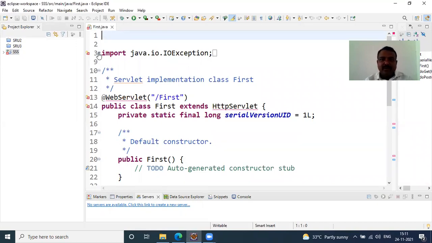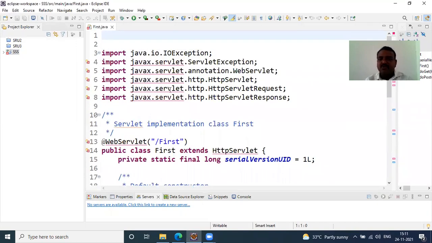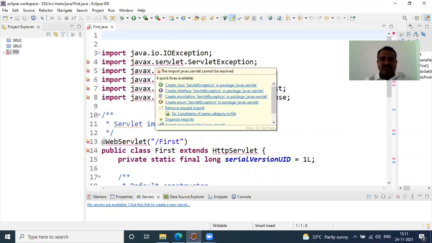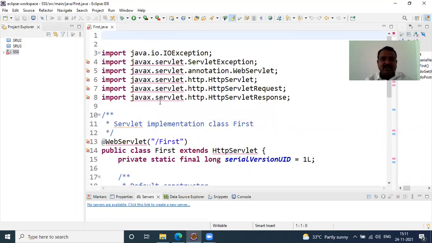And if I open the import statements, we can also see red lines. It means we have some error at that line. So for taking out those errors from the Eclipse environment, we are going to set the class path for the web development project.